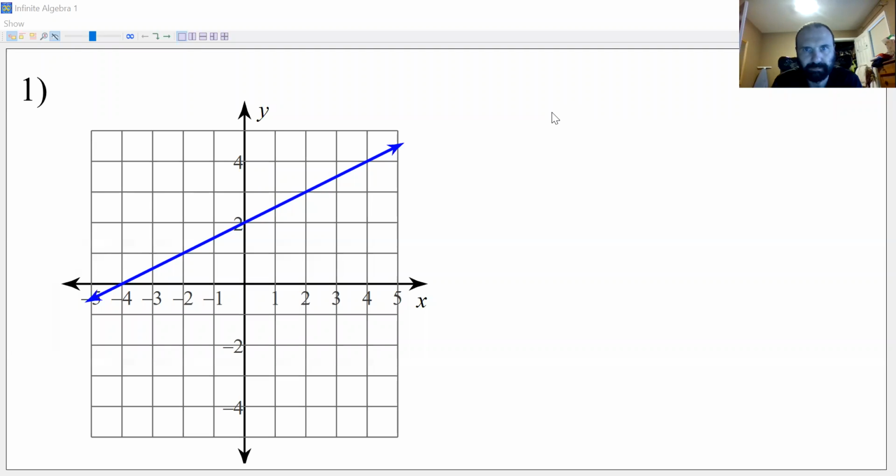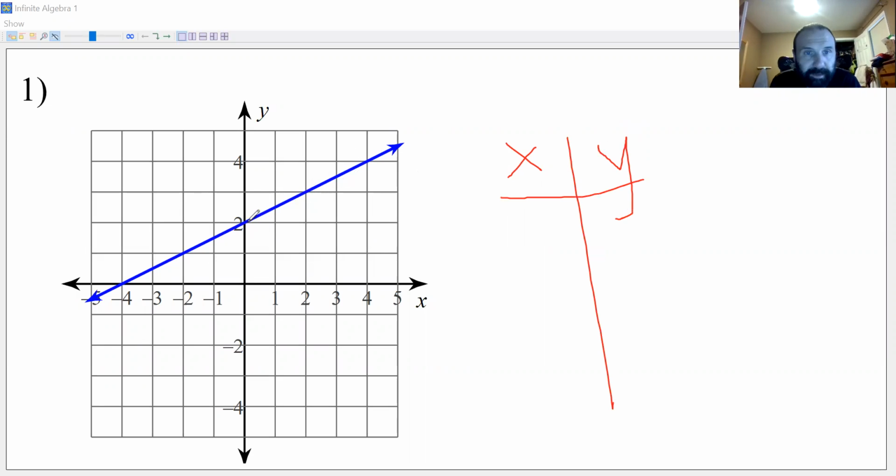All right, so if I'm looking at a graph, you want to be able to convert it to a table. So what I want you to do is be able to create an XY table. And X and Y represent the points that are on the graph. And you always want to look for these points that are right on a corner. All right. And it doesn't matter which points you pick, it doesn't really even matter the order in which you